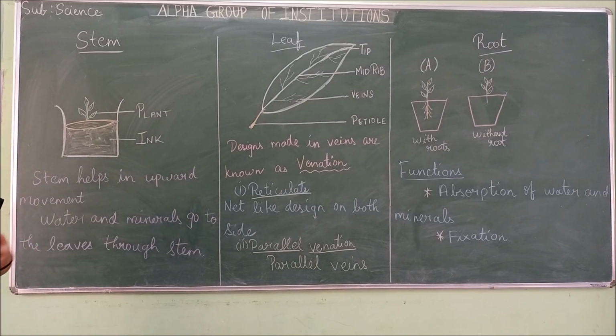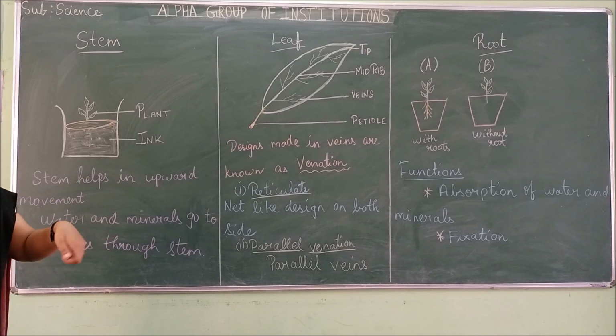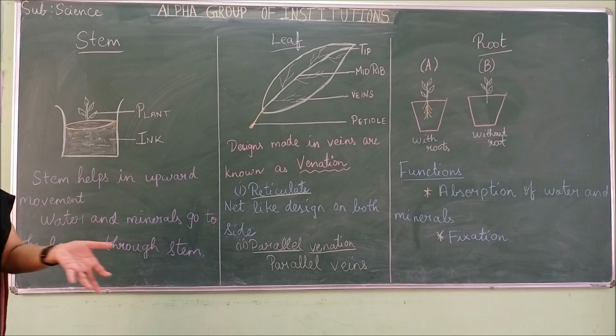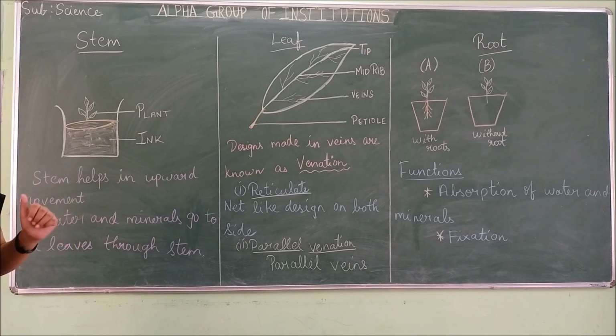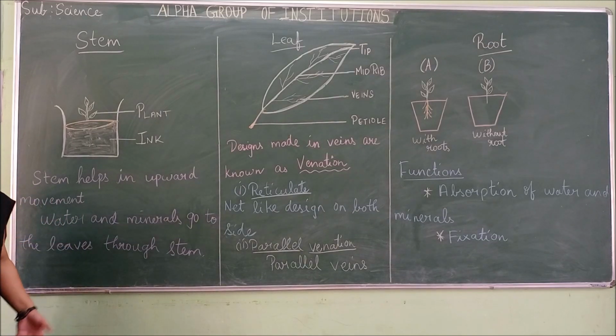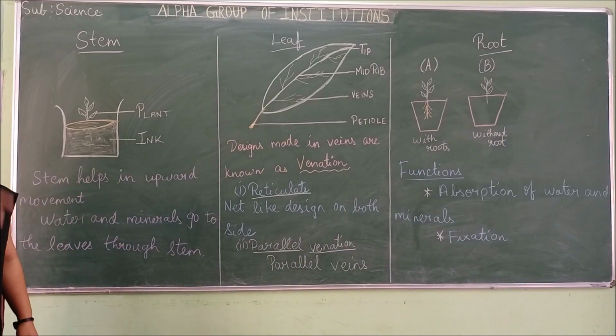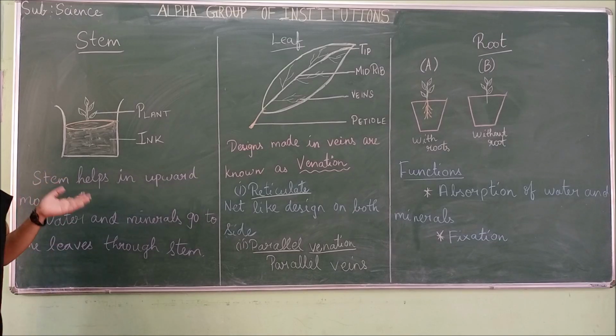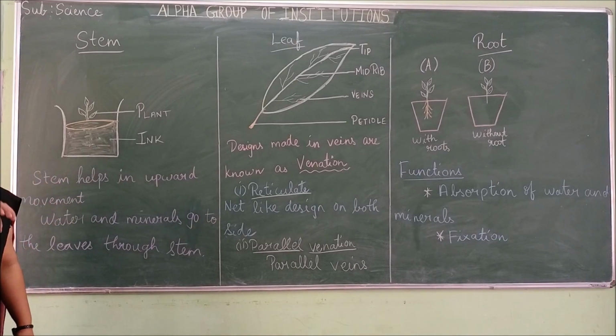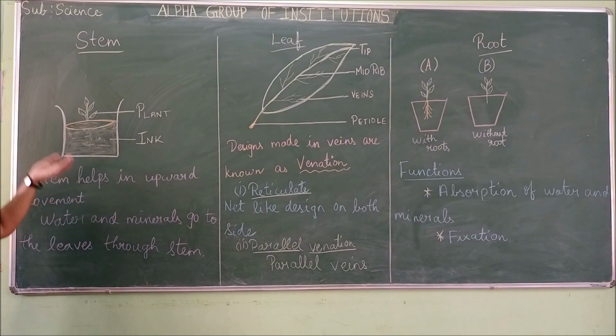You have to think, I already told you what the stem does. It is like a tube. What you usually do after planting a plant is pour water. The root absorbs it and lets it through the stem. The stem transports it to the leaves. That is the only function of the stem, like a tube.